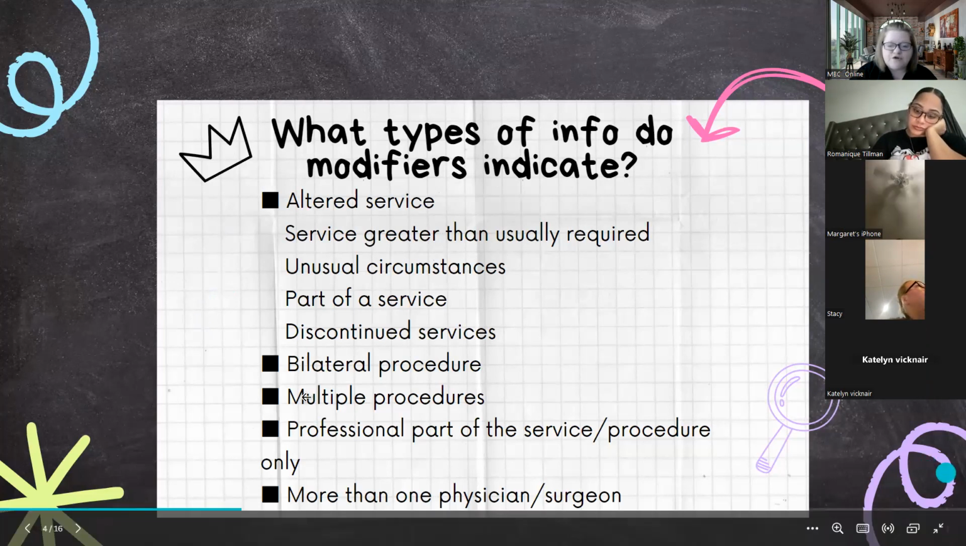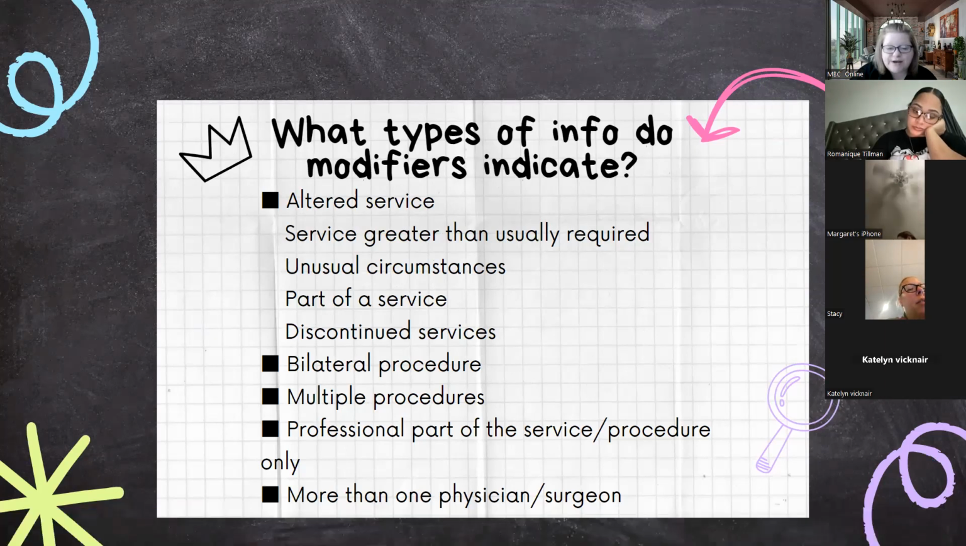They also indicate the professional part of the service or procedure only. When it comes to doing things like reading x-rays or some lab results, things like that, there's a professional component that we need to let the insurance company know about. And there's a modifier to indicate that specifically. And more than one physician or surgeon. There are several modifiers that will indicate